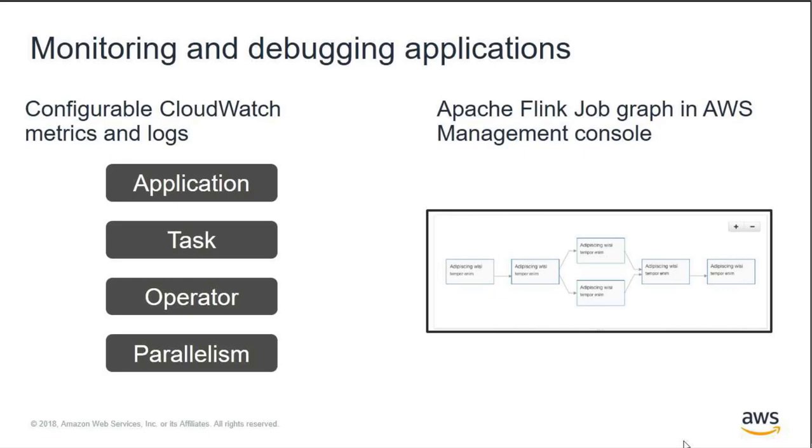And at the parallelism level, you get very specific information about what is essentially every thread in the application, what data is going into and out of it, and whether it's running into issues. So very granular monitoring. And these are Apache Flink metrics that we simply surface through CloudWatch metrics. Amazon Kinesis Data Analytics sends them to CloudWatch so that you can more easily monitor, set alarms, and that type of thing. For logging, we offer 4 different levels, from info to error, that allow you to specify either very granular logging or a very high level, such as only logging the specific error.